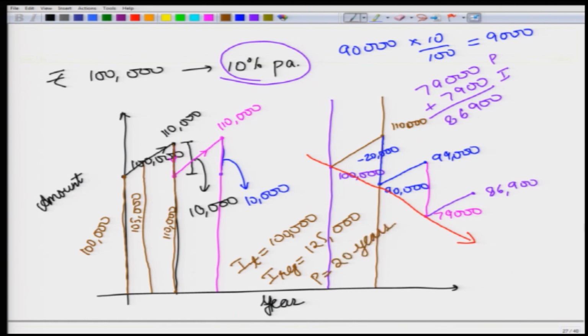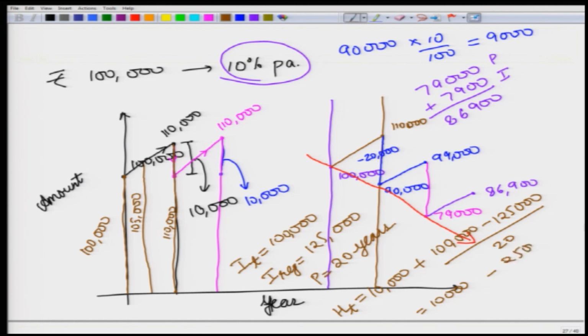So, the Austrian formula would say that the amount that I can extract out every year is equal to the increment, which is 10,000 plus I t, which is 100,000 minus 125,000 divided by 20. So, this is 10,000